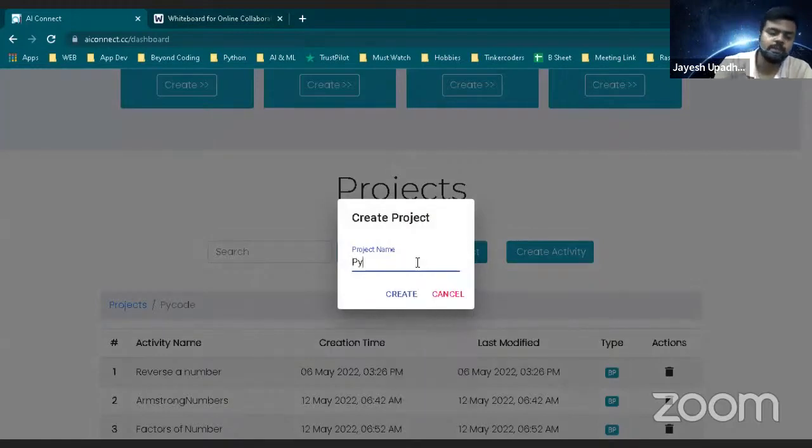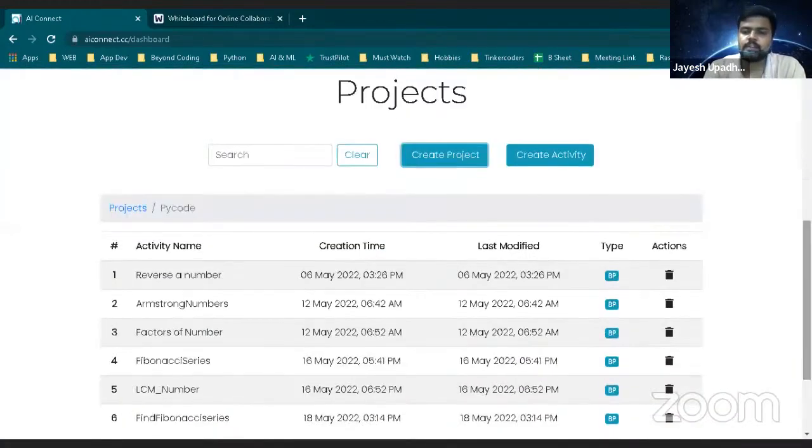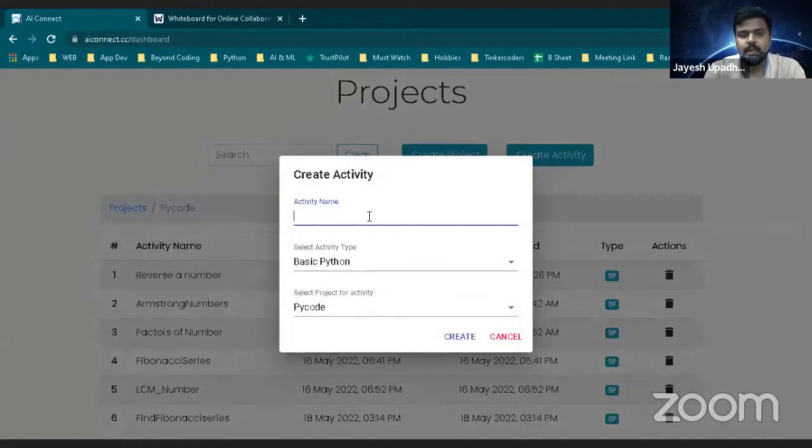The name of the project is PyCode. Okay, we have discussed this thing many times. Simple PyCode, and then you need to click on this button, that is create. In my case, I have already done it, so I'm not doing it. Okay, now the second thing is you will click on this option, that is create activity, and you will write the name of the activity, that is LCM of two numbers, right?